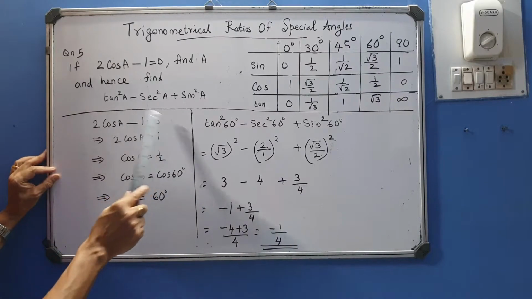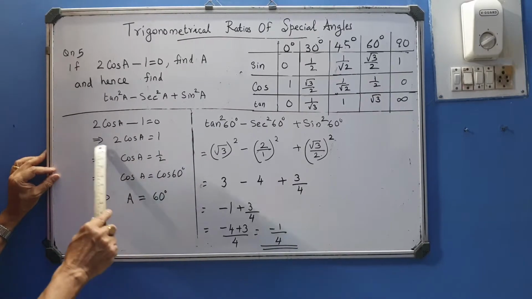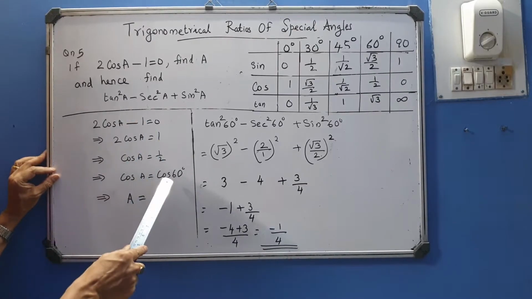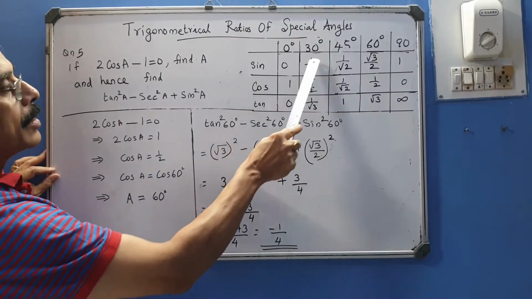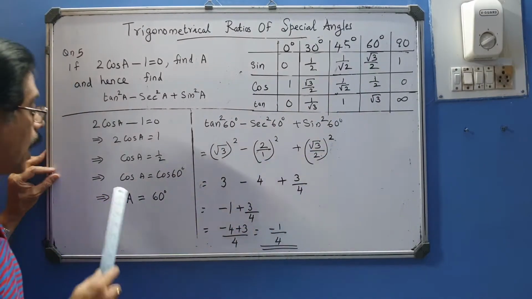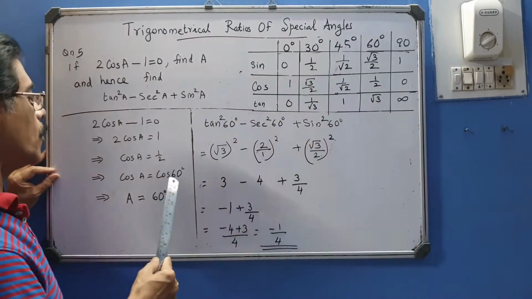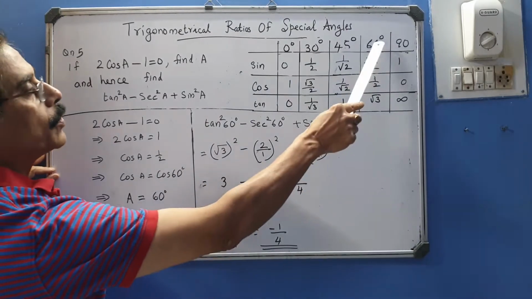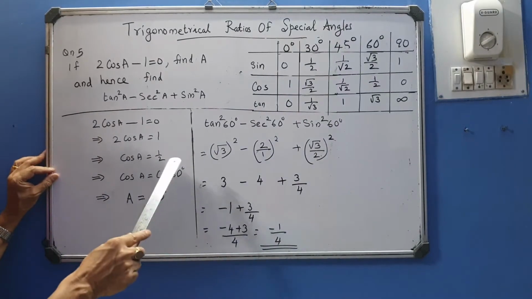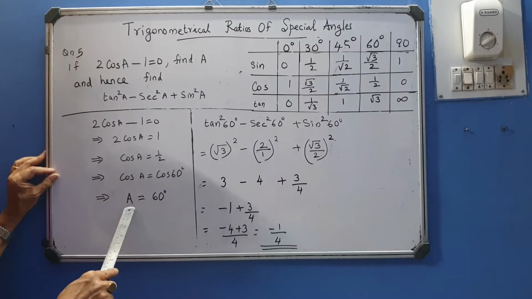2 cos a minus 1 is 0. Take minus 1 to the other side, you get plus 1. So take 2 to the right side, so cos a is 1 by 2. Because the left side is cos, right side has to be converted to cos. We have sin 30 is half, otherwise half is also cos 60. But because the left side is cos, right side has to be converted to cos. So we cannot write sin 30. So we know that half is cos 60. So we change the right side half to cos 60. So left side is cos a and right side is cos 60. Cos will cancel. So a is equal to 60 degrees.